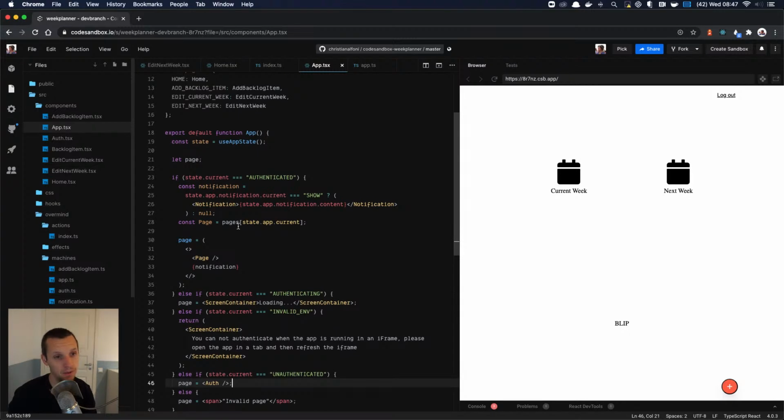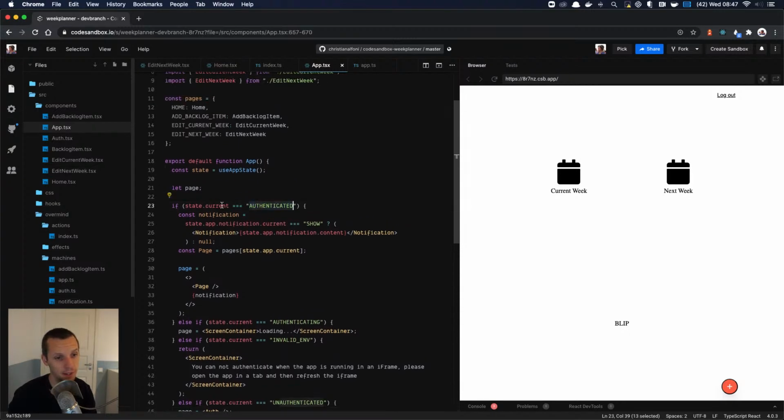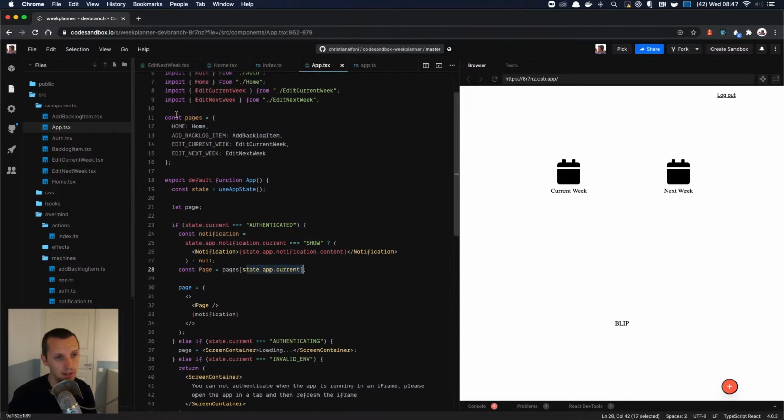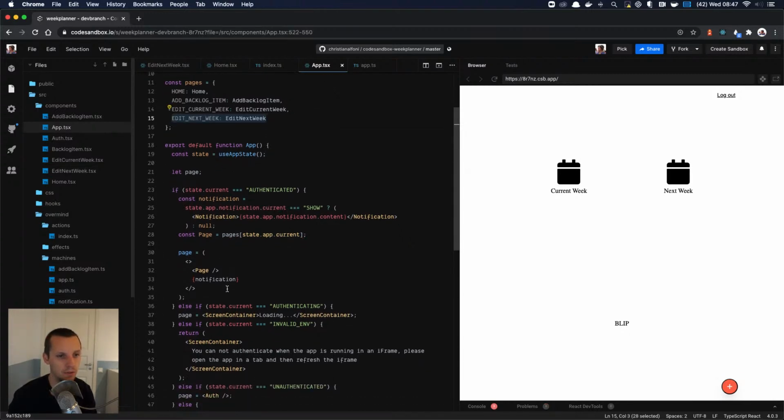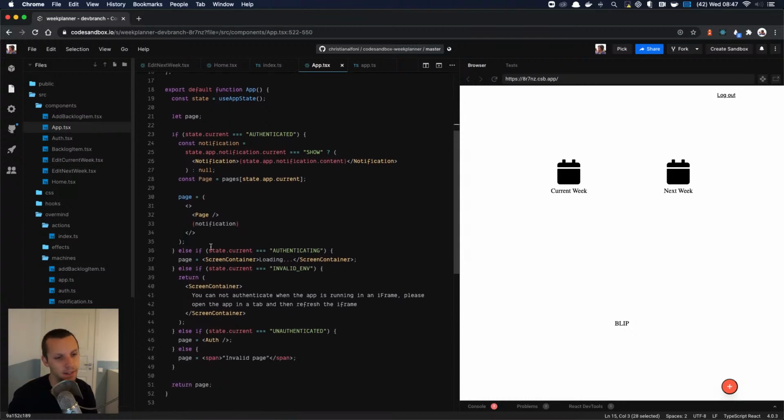And TypeScript actually understands that because I'm authenticated, it understands what states our app can be in, and those states actually match all the keys here. So I guess if I were to remove one of them, it should start complaining. Yeah, exactly. That's really cool. So it actually ensures that we match all our states, and then we say that this is our page.